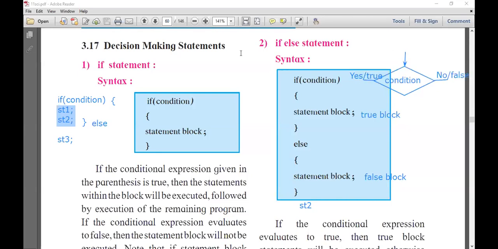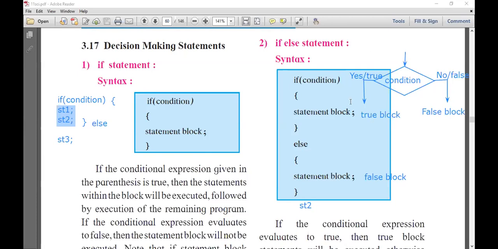Now I am using one arrow here and a second arrow here. This executes the true block, so I am writing true block here. Now I am writing false block here. Now I am explaining this much part.